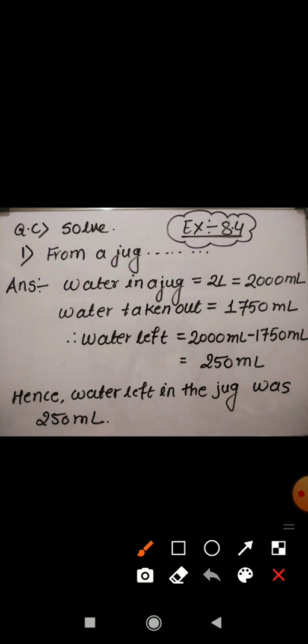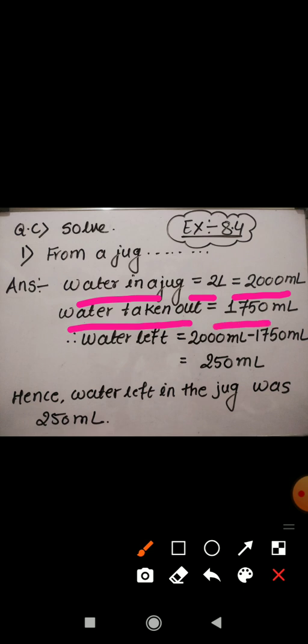Let us first understand what we are given. Children, read the first line properly. What is given to you? From a jug with 2 liter water means the total quantity of water in the jug is 2 liter, and 2 liter means 2000 ml. 1 liter means 1000 ml, so 2 liter means 2000 ml. After that, it is given that water was taken out. How much water was taken out? From 2 liter water,